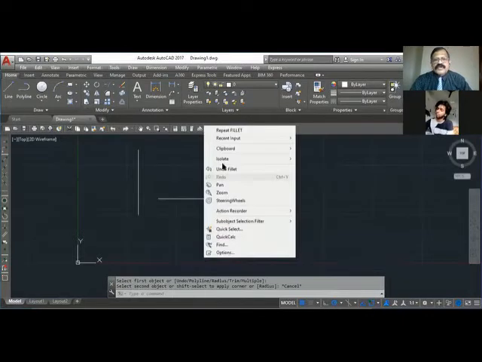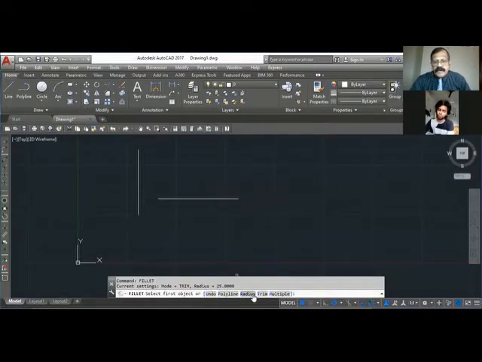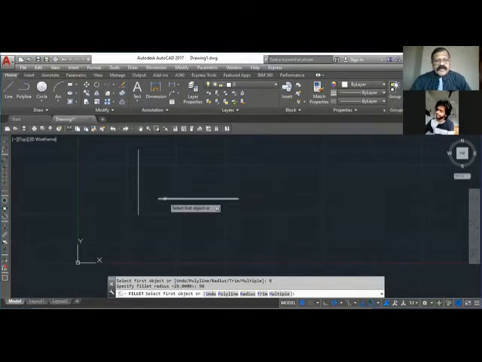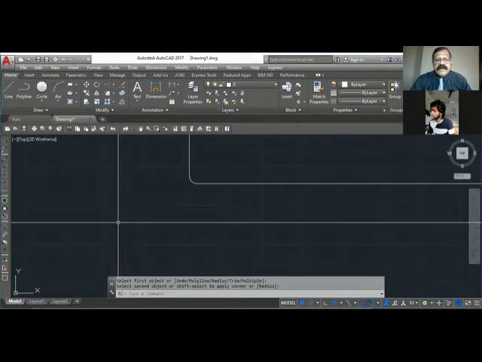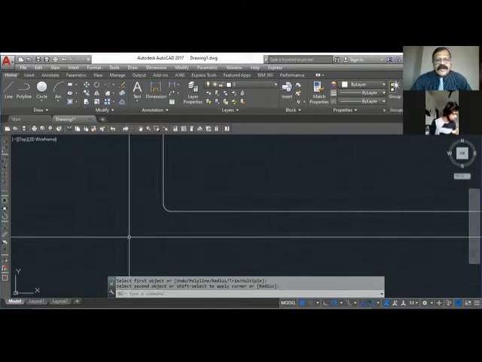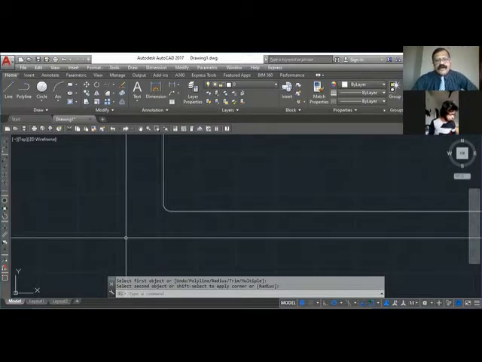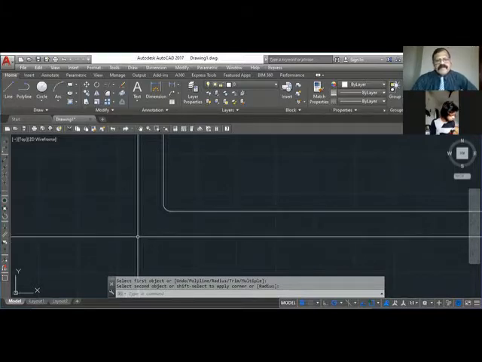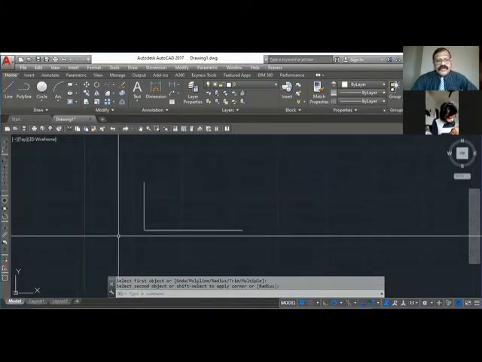So let me change it to fillet, radius 50. First object. Select. You can see there is an arc coming there. So you can connect two objects with or without an arc. So fillet can be used to connect two objects with a curve or without a curve.